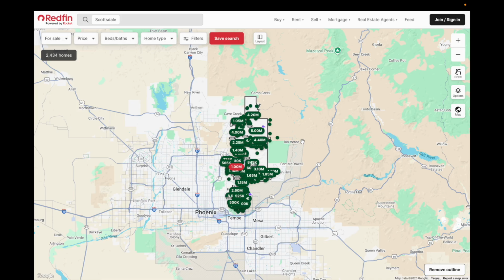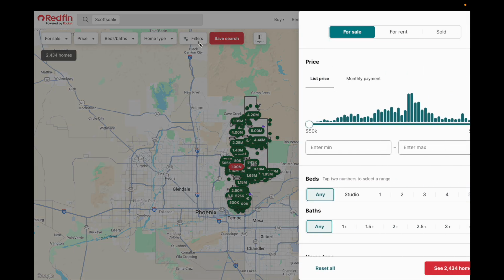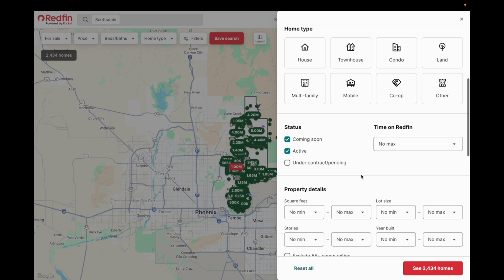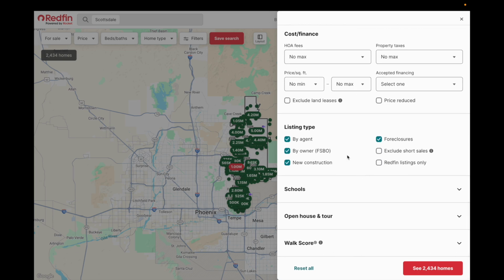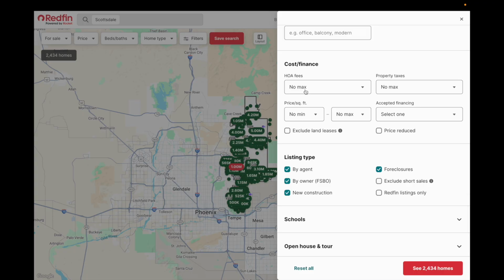Now, once you're here, if you want to edit the move-in filter date, maybe you want to move in right away, or maybe it's like 6 months from now, but you still want to see what's out there. It works the exact same way. Go to the top here to where it says filters. Then I want you to scroll down, keep scrolling down all the way to where it says, or hold on,